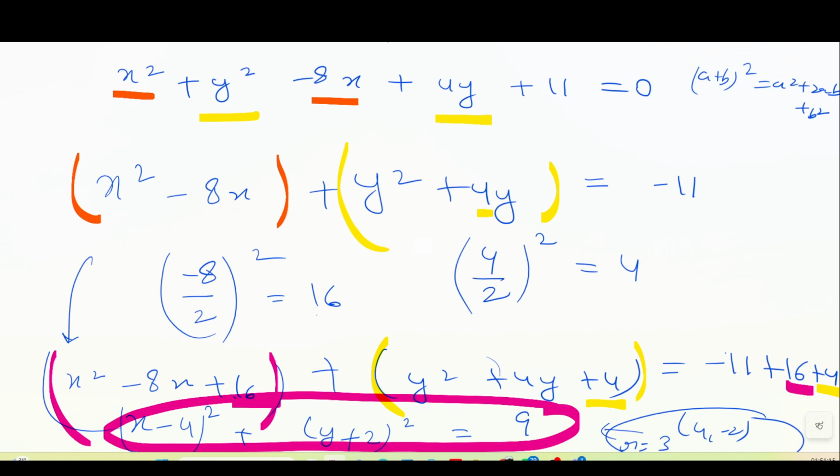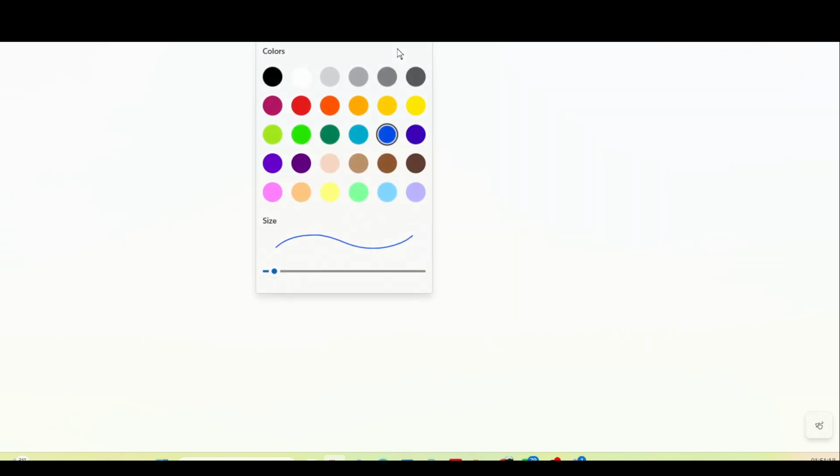Did you get it? Let's see some more questions, okay? So I will take this question. We have x squared plus y squared minus 8x plus 2y minus 8 equals 0. Okay, we have to convert it into a circle equation. So the first step is